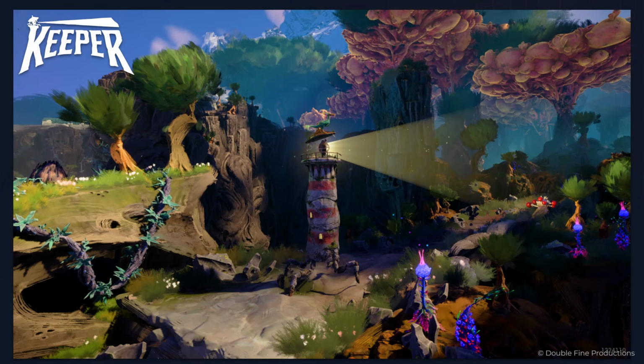But of course, this rock is just one element in this frame, right? There's a lot of other things going on. We have the ground with the lighthouse itself, of course. We have the little grass elements and other weird plants, these strange trees back there. We have clouds. And for Keeper, we chose to make the game with this painterly art style, which means we have these brushstrokes to work with, for example. So all of these objects need to be processed and drawn. And let's take a peek under the hood